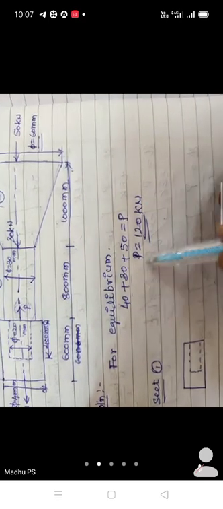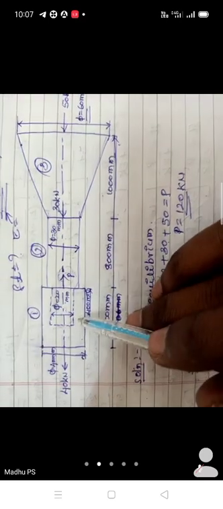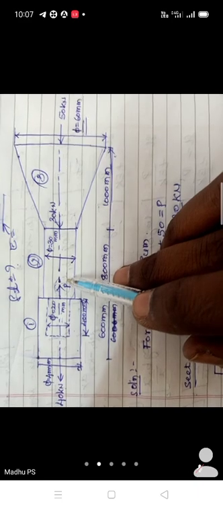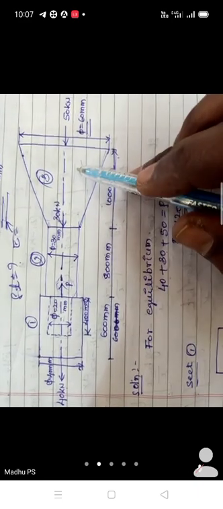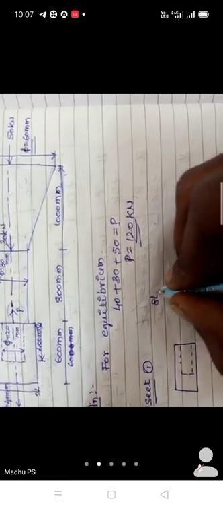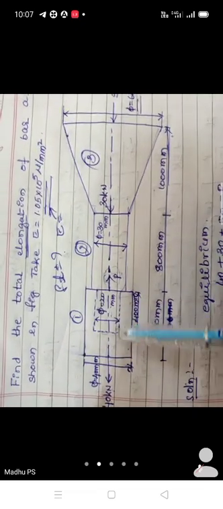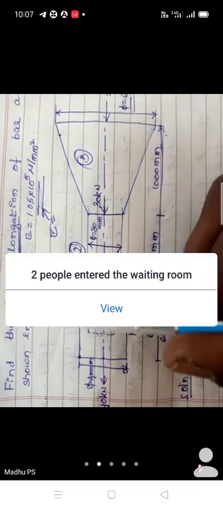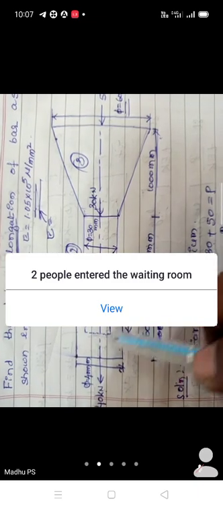Understood? So now once you have the value of the unknown load, what remains is to find the change in length in each particular section. The change in length in section 1, that is what we are calling delta L1. As I said earlier, there are two sections here. In section 1 itself, we have to make two sections.